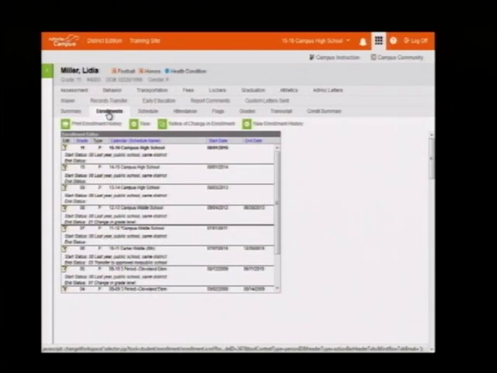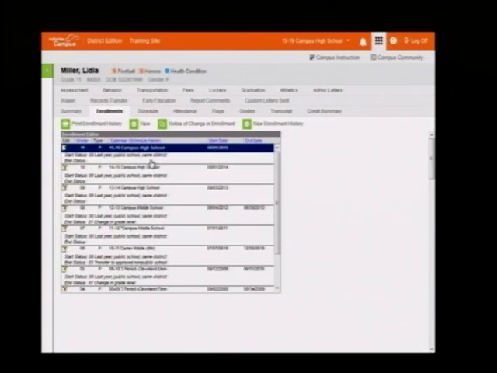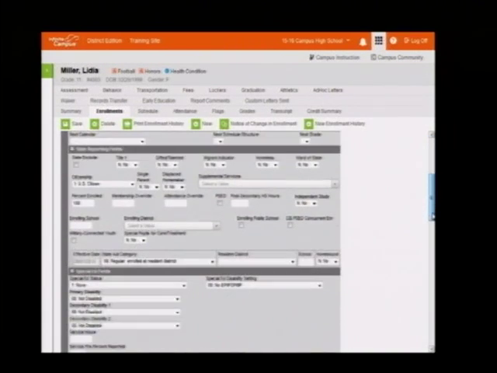I'm not going to spend a whole lot of time on enrollments. Enrollments are just the general list of all the enrollments that the student has had. This is, again, a part of the data conversion effort as well. We're trying to bring over as much historical data about a student as we can. Inside the enrollment is just some general information about that student, in addition to some state reporting information and special